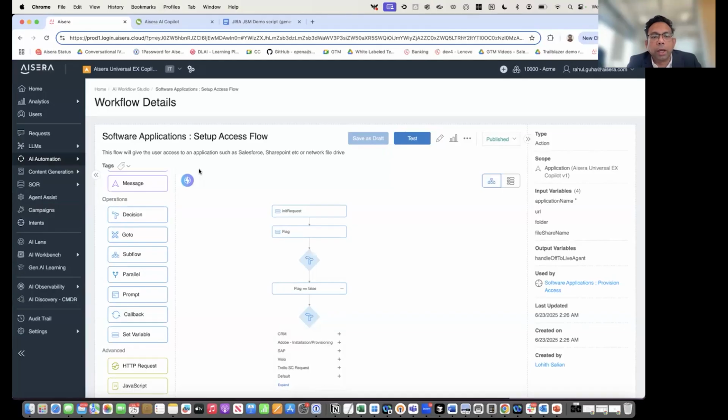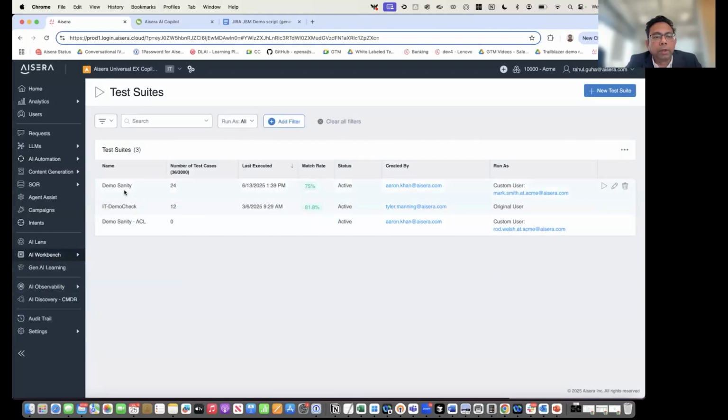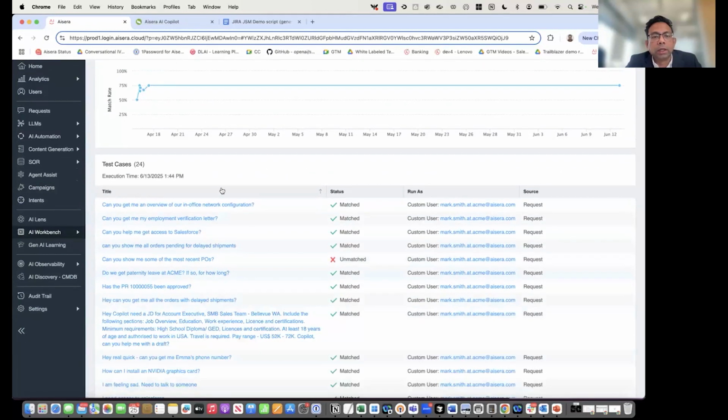stability, and security. So for any agent that is created, there is a corresponding eval that is created, if you can see it here, right? That has a set of questions that are always going to be executed to see whether the answer is the same as the previous time or whether it's different, and also the latency of that particular question being answered. This is another core differentiator, which is that eval is baked into the system. So as part of the test cases in the eval, you can take individual requests that had happened in the past and add them, or you can add new test cases. So this prevents